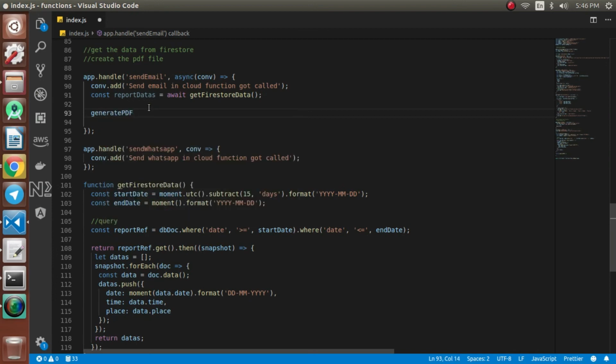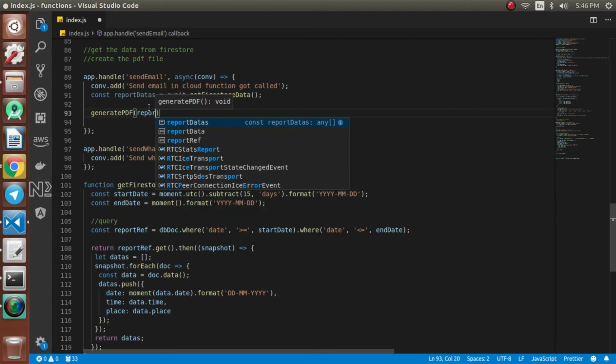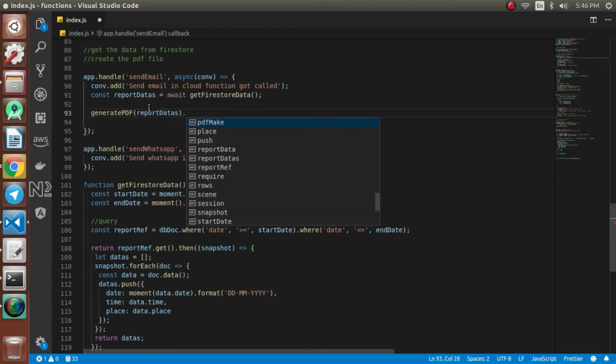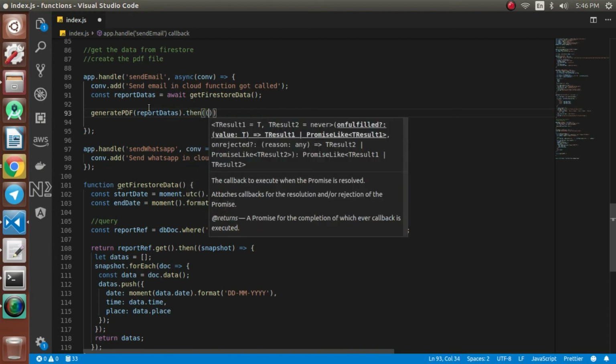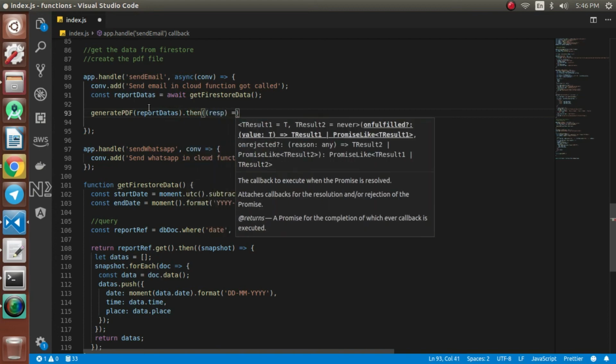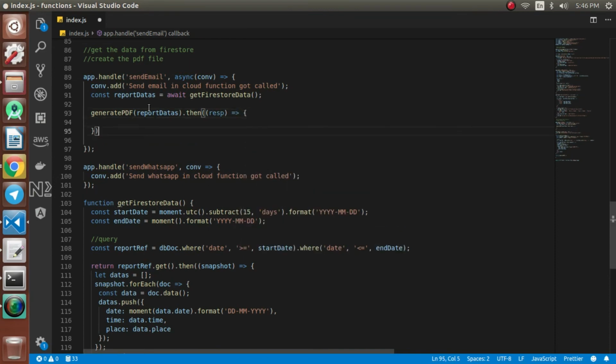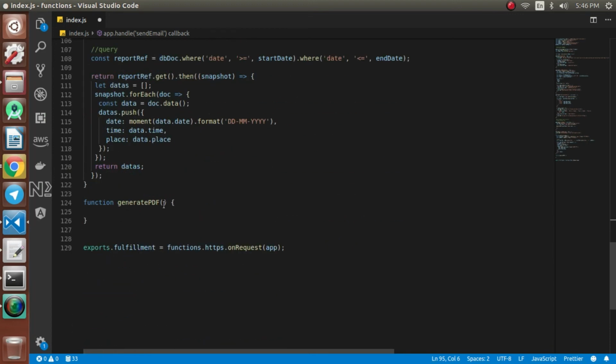generate PDF of report data, and then we use a promise here. So we'll be passing the report data which we have got, and here we'll be receiving that params data. The first thing we will do in generate PDF is create the table. First we'll create a table header for the columns. So const table header equal to,